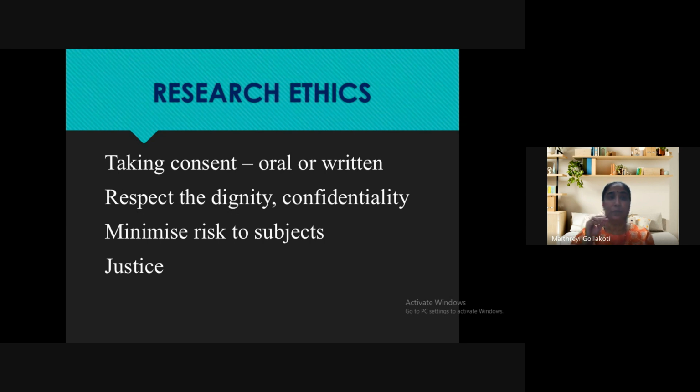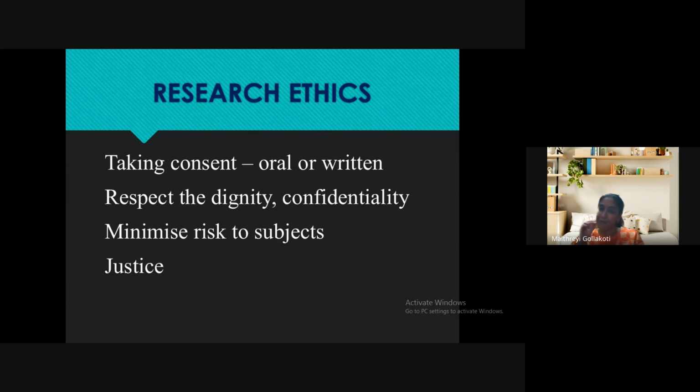Okay. So, what are the ethics that are to be followed in a research? When we are doing qualitative analysis or quantitative analysis, we have to take care of a few things. Suppose I am doing a qualitative analysis on different types of customers. Okay. So in that case, I should take consent of the customers. I can't use their opinions without taking their permission. That is wrong. That is very unethical.